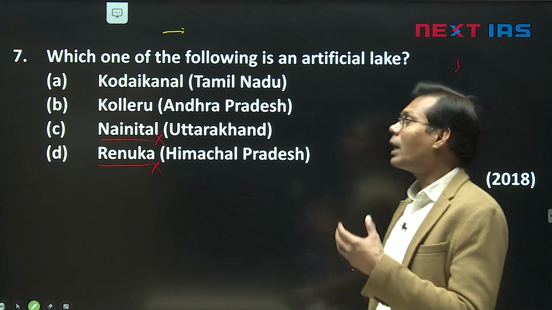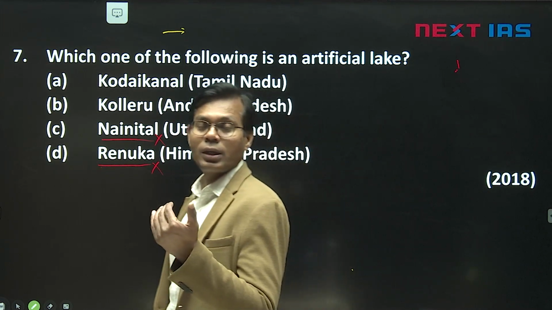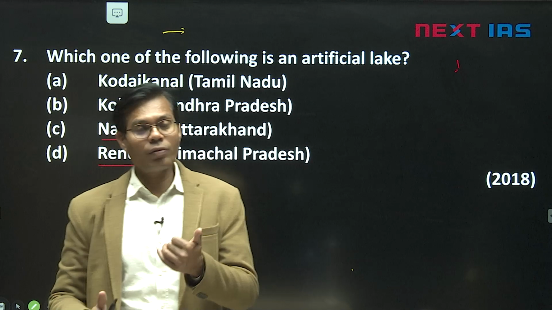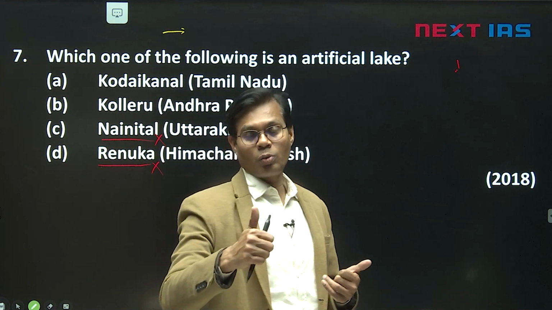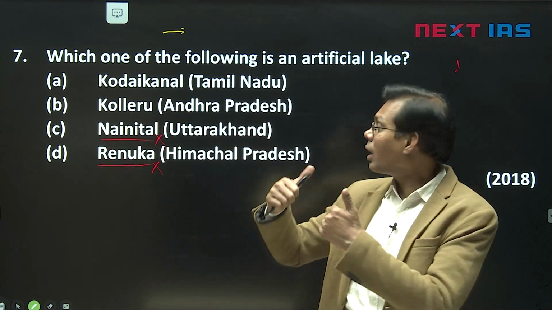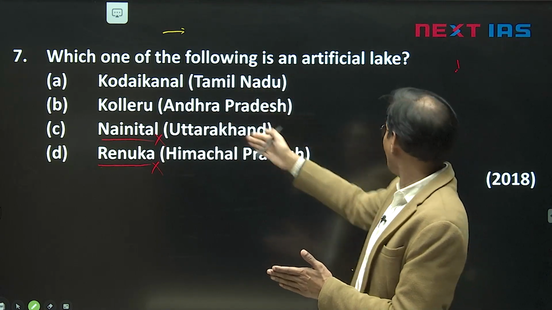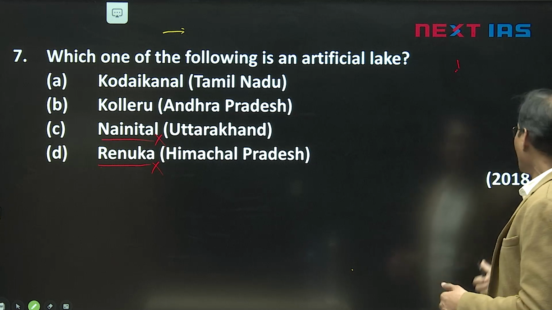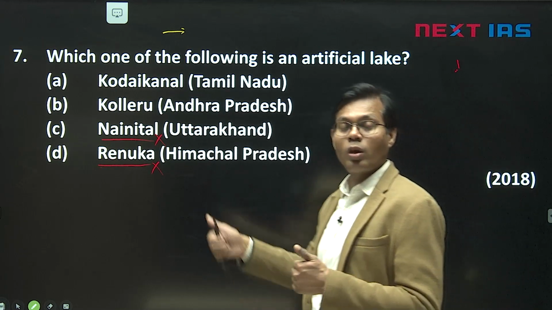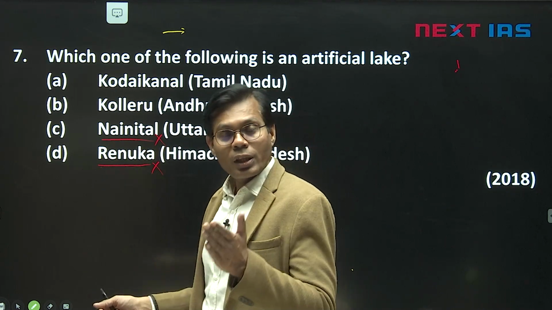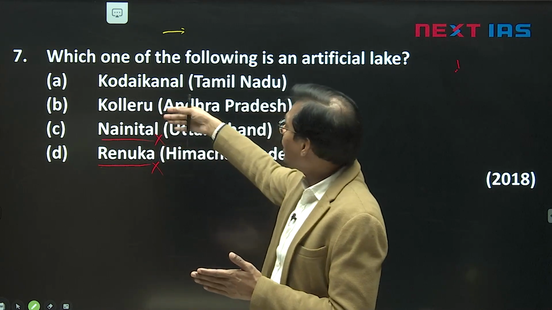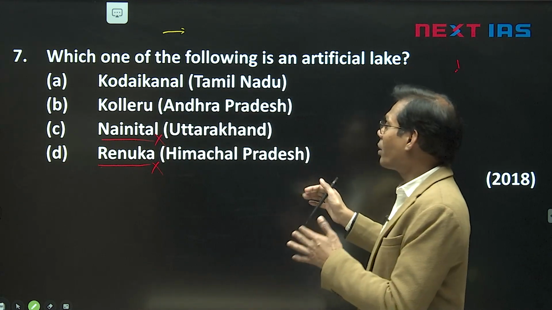Koleru is also a very large lake that is between the Krishna and Godavari rivers. And we have seen in the UPSC exam that this question has been asked on Koleru Lake. Even the option earlier they have given in 2018 and a question in 2023 also on Koleru Lake. So they can make the statement from the option as well. So we have to read carefully where Nainital is.